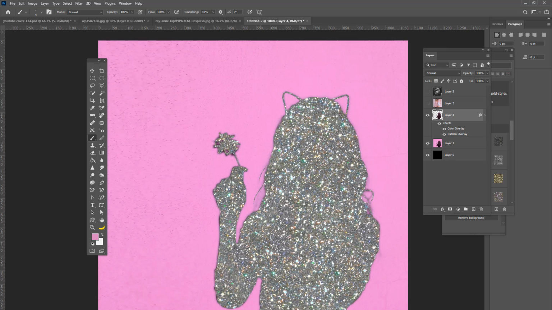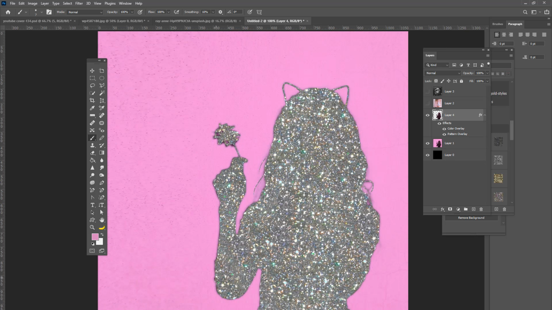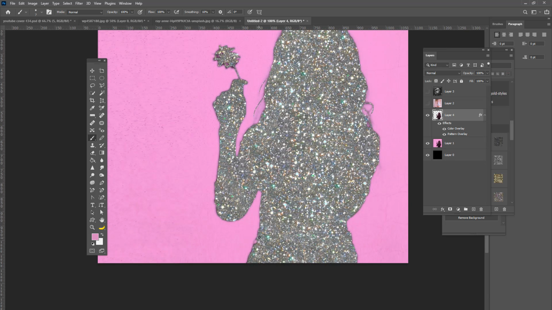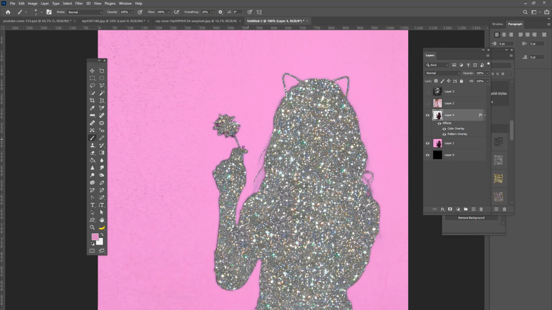And so I'm just going to get these edges that didn't really go through the first time around when we selected that. So it's kind of like coloring, guys. That's all it is. We're coloring in, and just getting these edges here. All right. So of course you can leave it like this. We're just going to darken that up here. But if you want to create a really interesting effect,